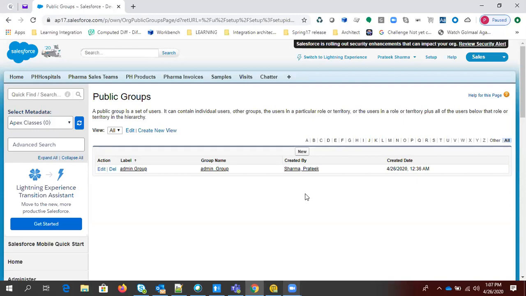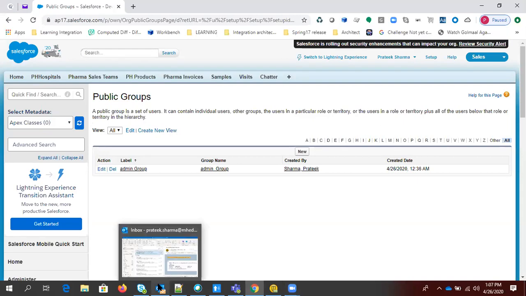Cool. So our next topic is queues. As many of you are working in a support kind of environment, you are all aware of queues, right? So in Salesforce, what is a queue? A queue is a collection of similar types of data, and you can have queue members. Let's say you are a network support engineer. I'm just giving an example. In network support, there are different types of support you have.